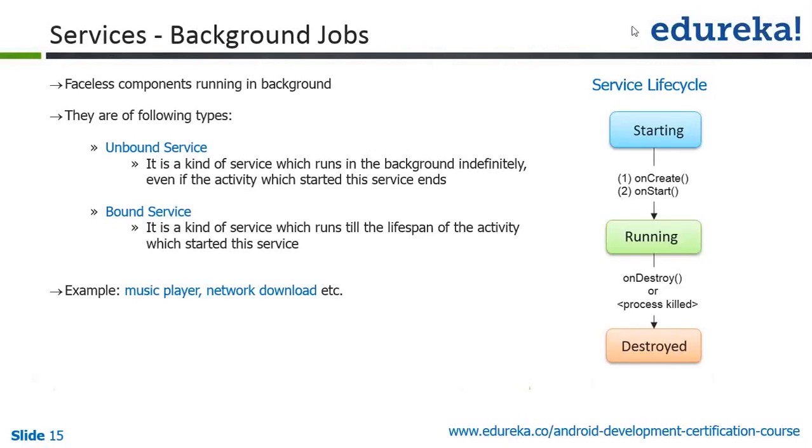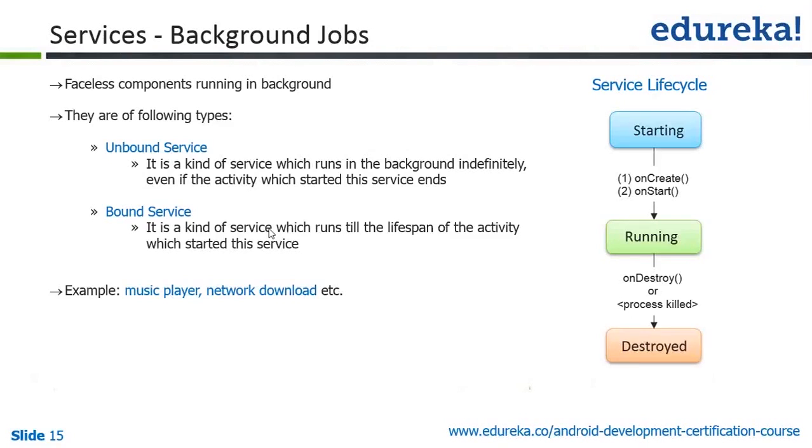Everyone, any doubts, any questions here? Let's also talk about what are the types of services, right? There are actually two types of services that we make use of. One is bound, one is unbound. A bound service is something that is activated or initiated with the help of an activity and is in the memory only till the time the activity is up. However, the unbound service is something that is associated with an entire application and will be up till the time